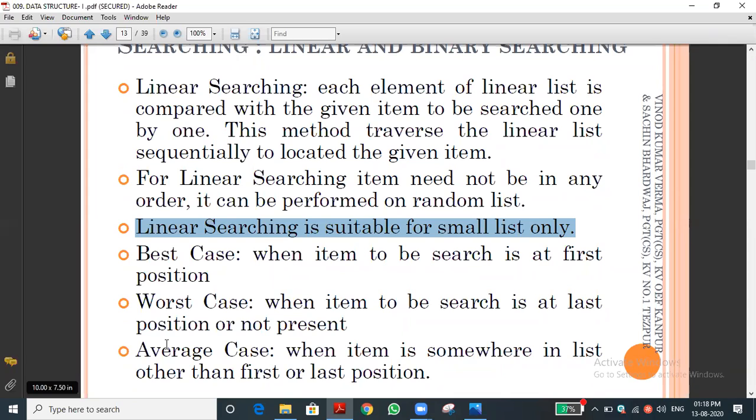If a list contains 50 elements and the searchable element is the first element itself, we will get it very easily. One time only, if you run the loop, it will find it. Second time, third time, it is okay. If it is in the 10th position or the 15th position, that is called average. Worst case: suppose it is the last element, or the 48th or 49th element, then that many times we need to execute the loop.